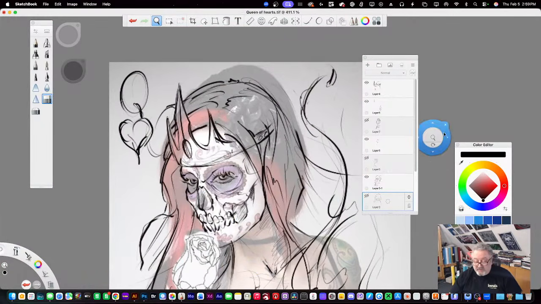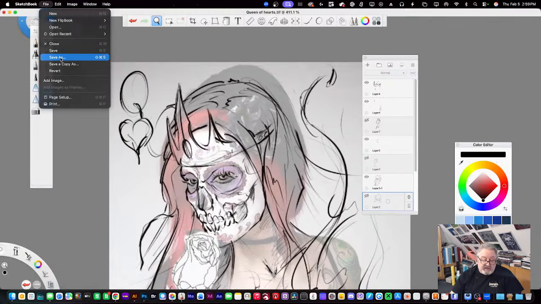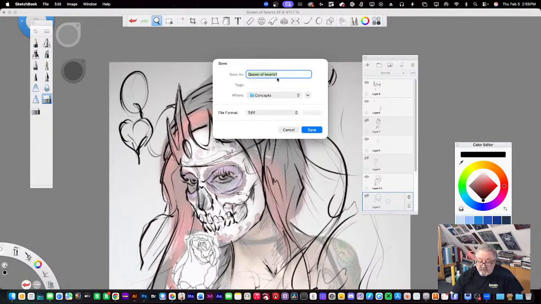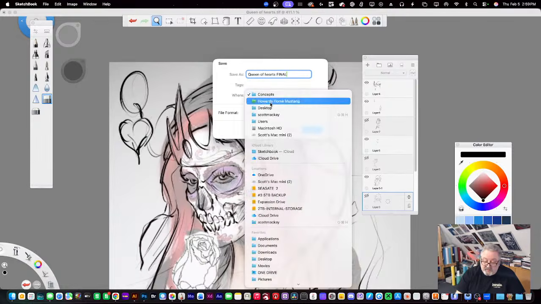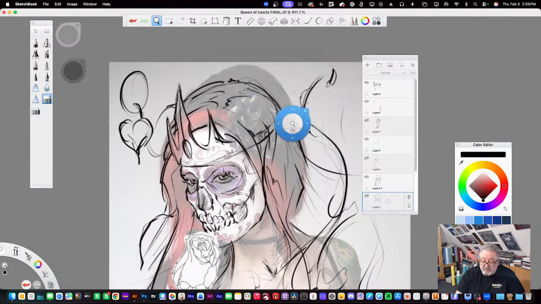What I'm going to do is save this new, because I want to lock this down. Save as Queen of Hearts Final. And this is going to go on my desktop for now. Okay. So now, because I know this is all kind of rough, I can shut off and turn off layers.